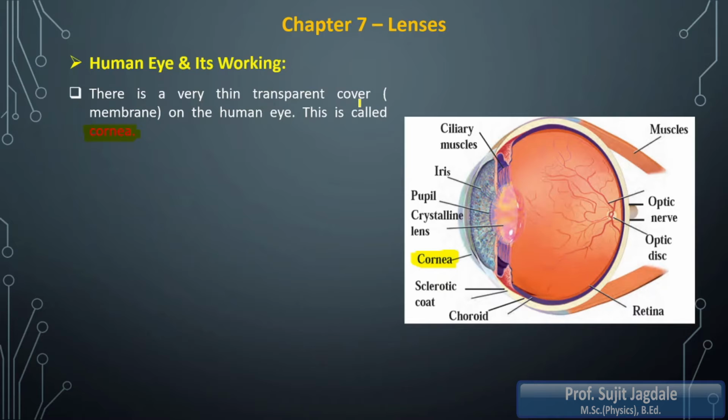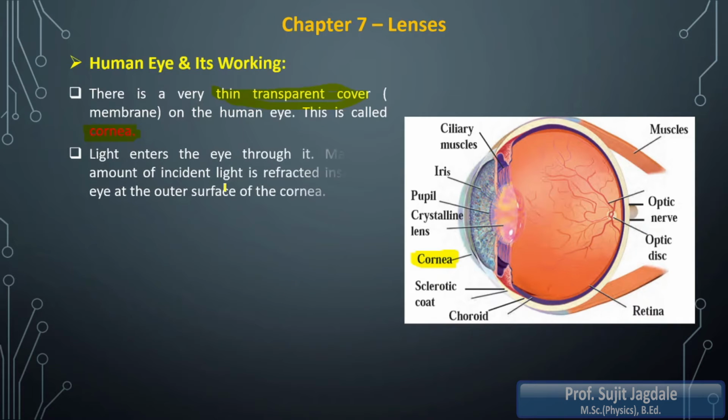Firstly the light falls on the cornea and then enters the human eye. This thin transparent cover or membrane is referred to as the cornea, which is transparent. That means light is going to pass through it.